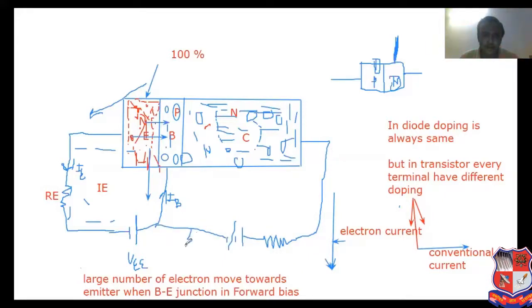This is connected with ground. Now it is connected as VCC. This resistor is known as RC, and here it is known as the collector current. Remember that point: current always starts from the positive terminal and ends at the negative terminal. Meaning it moves outward from the positive terminal and inward toward the negative terminal.